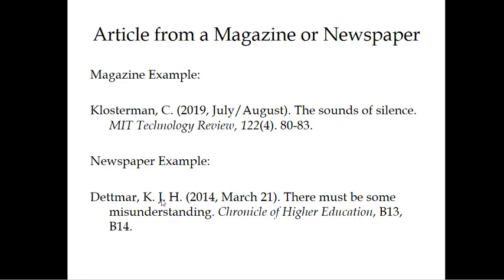And then for a newspaper example, you have the same thing here. So you have your author name, all the date information, title, newspaper name, newspaper title, comma. Biggest difference here is because newspapers are paged slightly differently, you will have slightly different page numbers or page number identifiers. And so you'll want to make sure you follow those exactly with whatever the newspaper is that you got it from. And you can usually find this information again on the newspaper